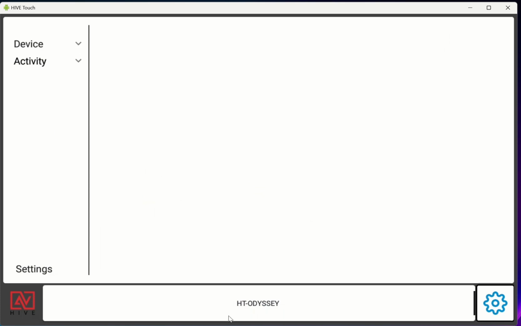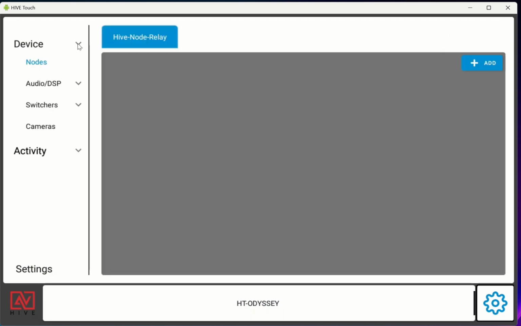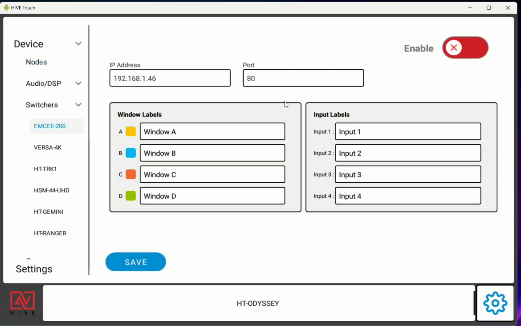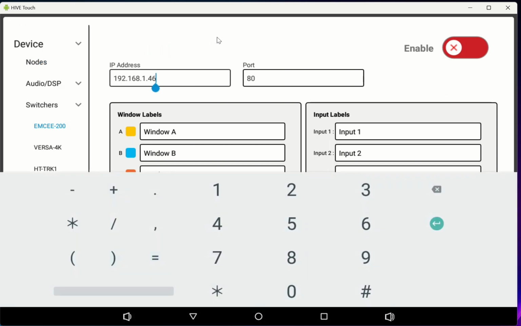They can do some testing with that pretty easy. All right, so we have a couple of DSPs. We have a node. Let's do some switchers. This is the MC200. This is a presentation switcher that has a lot of different capabilities. It can be used as a matrix switcher. You can do windowing, so you can have up to a quad view, 4 different windows. So it's a great device,